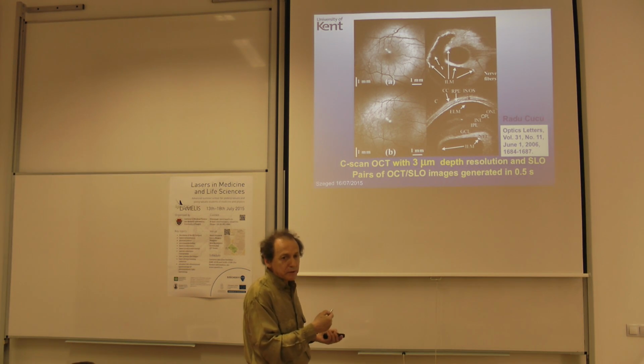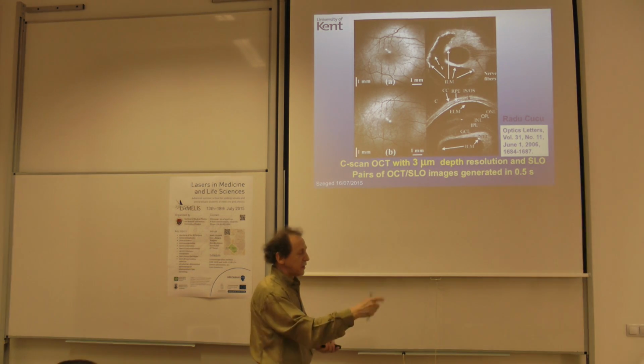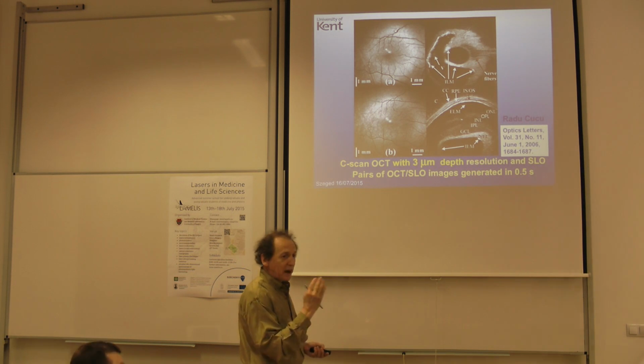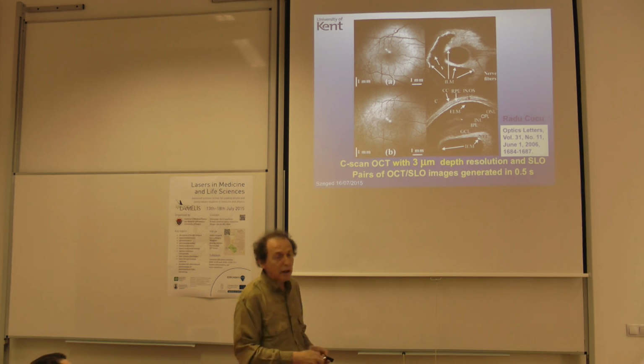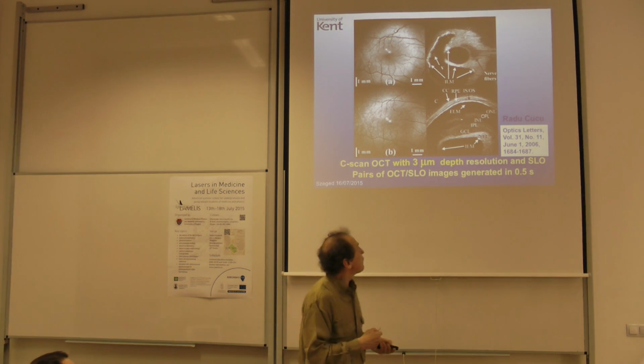thickness of 3 microns. And because the eye is curved, the back of the eye is curved, when you do a cut, a constant cut, you will get a very thin layer, and this thickness is only 3 microns. That's why you start seeing in en-face orientation, in constant depth orientation, you see the layers in depth. All these layers which I labeled before, ganglion cell layer, outer nuclear layer, all these are now seen in an en-face cut, because the technology has the capability of producing so thin